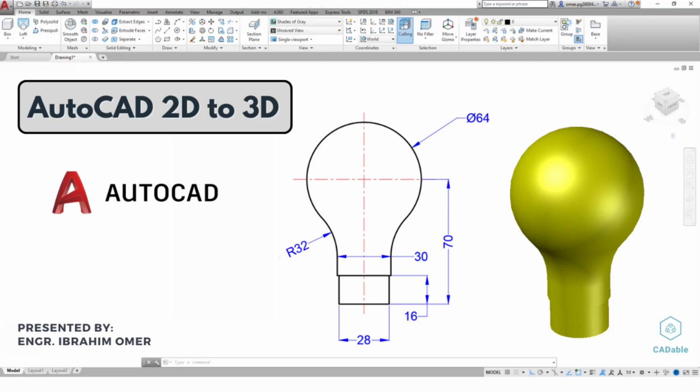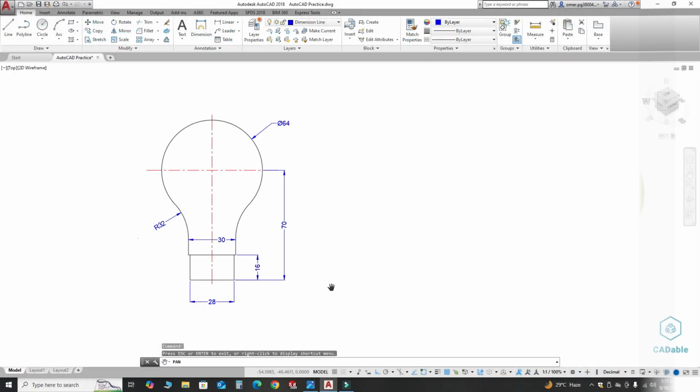This is Engineer Prime Umar, and in this tutorial we will make this drawing in AutoCAD. I'm using AutoCAD 2018, but if you are using a below version of AutoCAD or a future version of AutoCAD, you can still follow this tutorial. As you can see, I have already created this part. So we'll make a similar part like this. We'll also model this part in 3D using revolve command. So let's first make this part in 2D like this.